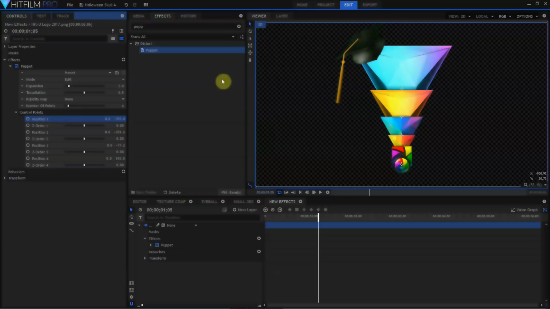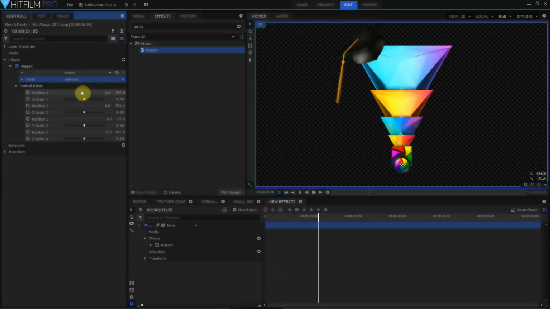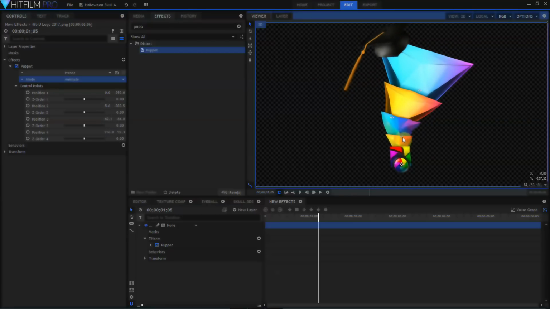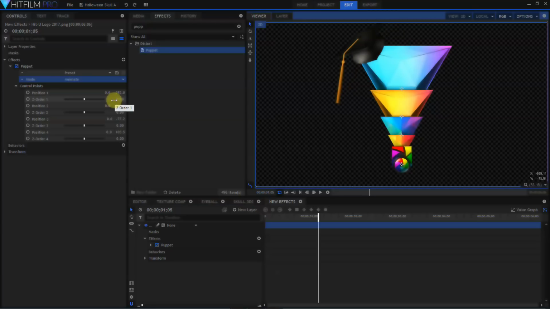Here's that puppet warp. The puppet warp basically breaks a 2D photo layer up into a tessellated mesh. You can set a certain amount of control points, as well as adjust the fineness of the mesh. Determine the number of control points, place them in your object, and then once that's done, you can toggle over to the animate mode, and moving the control points allows you to kind of deform the animated mesh in real time.